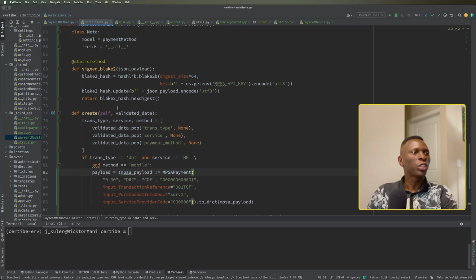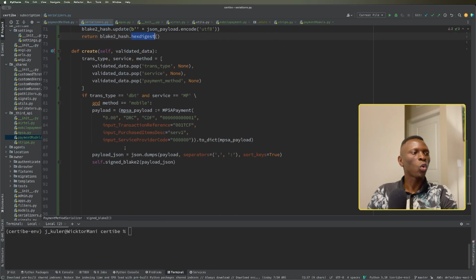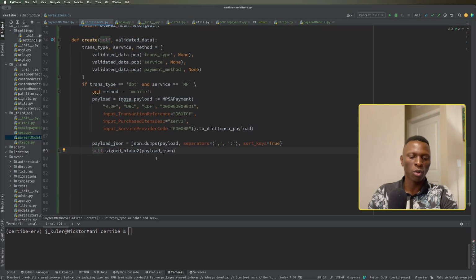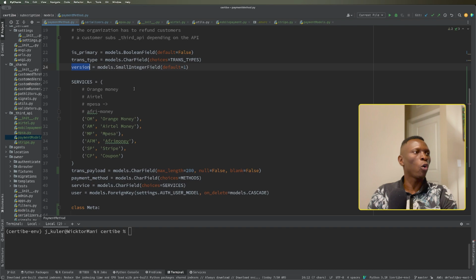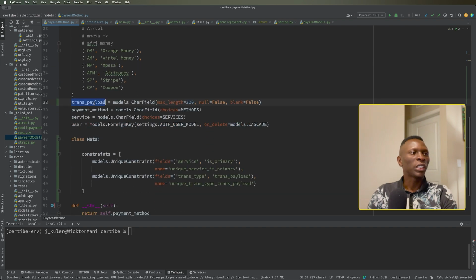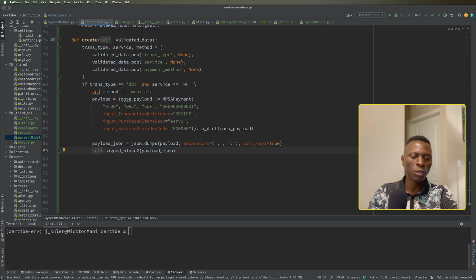Now, this one will return a long hexadecimal string, so we need to pass it to a variable somewhere. That variable is the one we're going to use for the transaction payload. So we're going to call this transaction payload equal, we sign JSON payload,